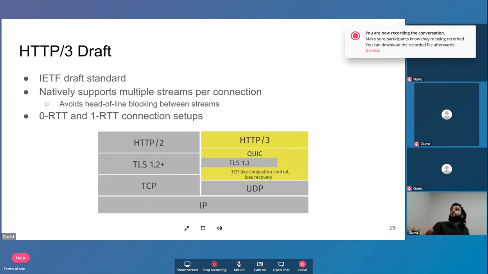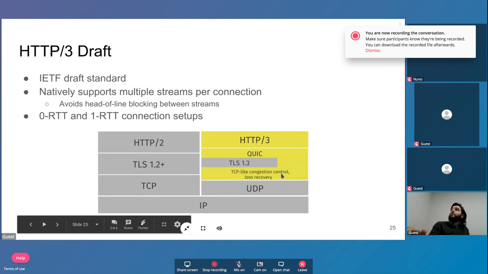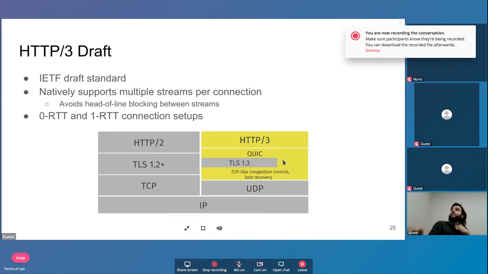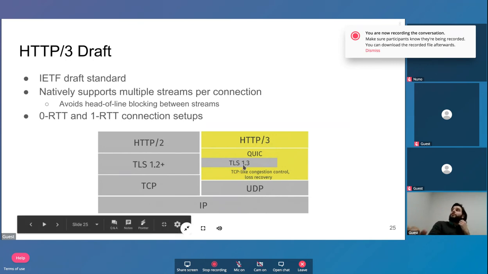And by the way, another alternative would be, instead of basing QUIC on top of UDP, you could do it directly over IP, for instance, and do this at the kernel level, because right now you implement QUIC at the user space level, and I think that's one of the big reasons why they went with UDP. It's just much quicker to develop new protocols if you do it over one of these that are implemented in the kernel,